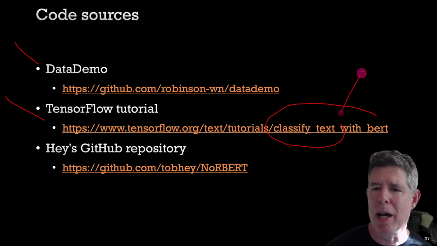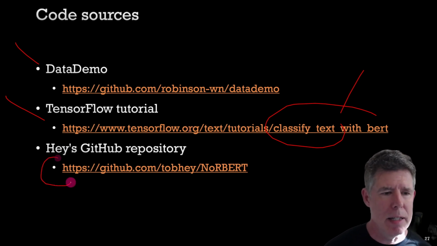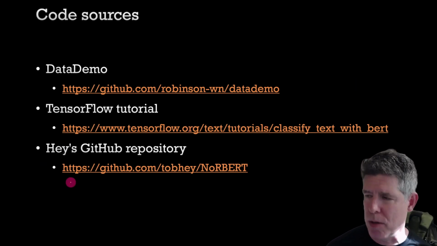They have this binary classification BERT, which is what I based my code on, and then the original Hay's GitHub repository. All right, so that's what we're going to do. I'm going to show it here in a moment. But first, I want to go on to something new, and that is how to do this